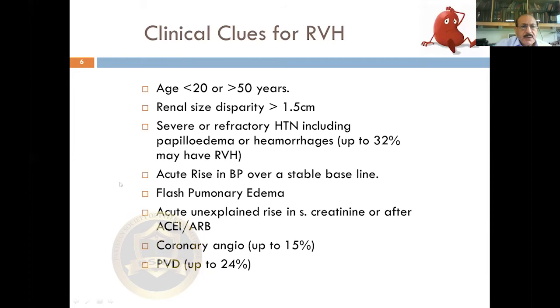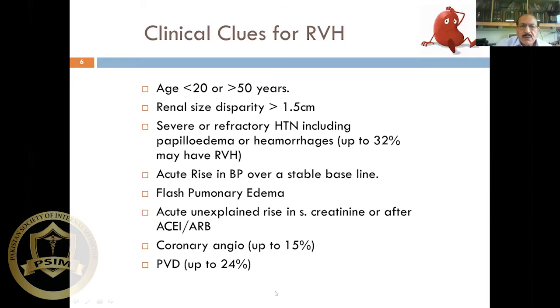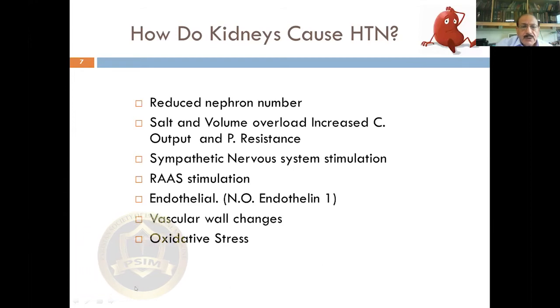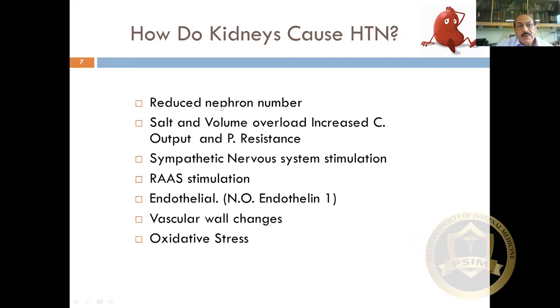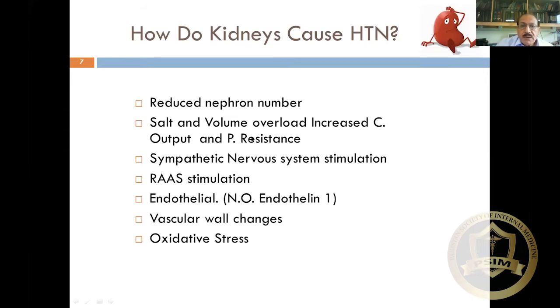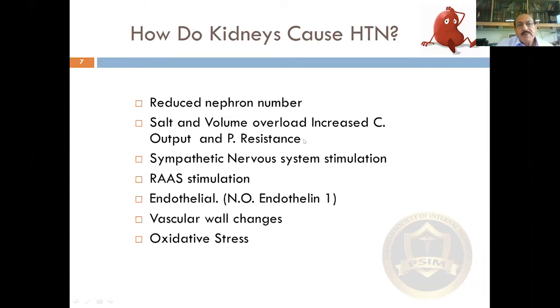So these are the kind of indicators which should prompt one to think about a secondary cause of hypertension, particularly a renovascular cause. Now the next question is, how do kidneys cause hypertension? It is easy. Reduced number of nephrons because of CKD, so less salt and fluid filtration, salt and volume overload resulting from increased cardiac output and increased peripheral resistance, sympathetic nervous system stimulation, RAS stimulation,